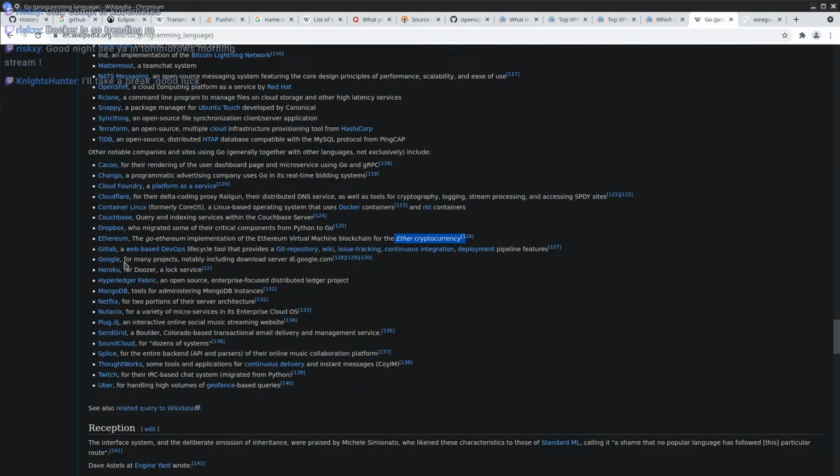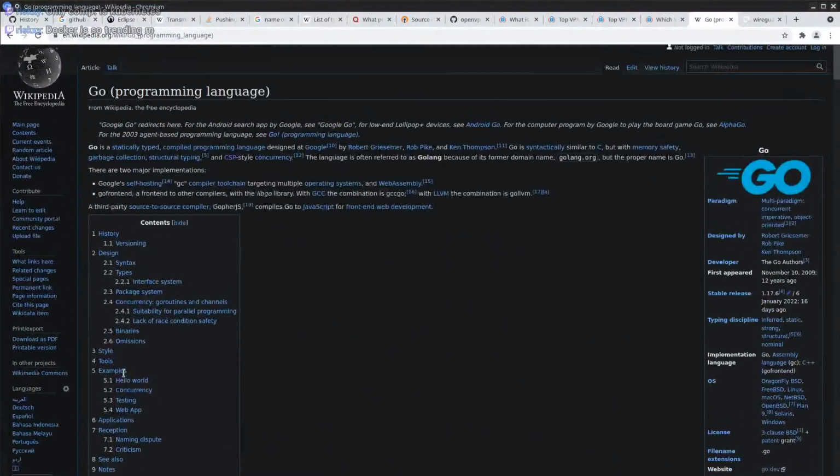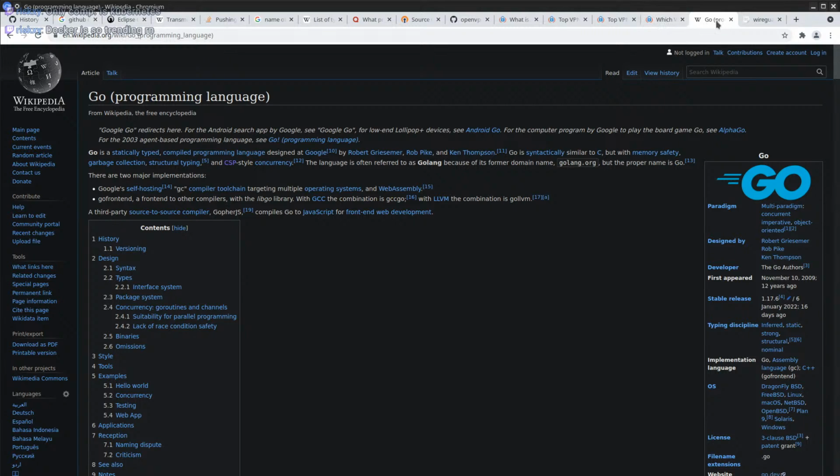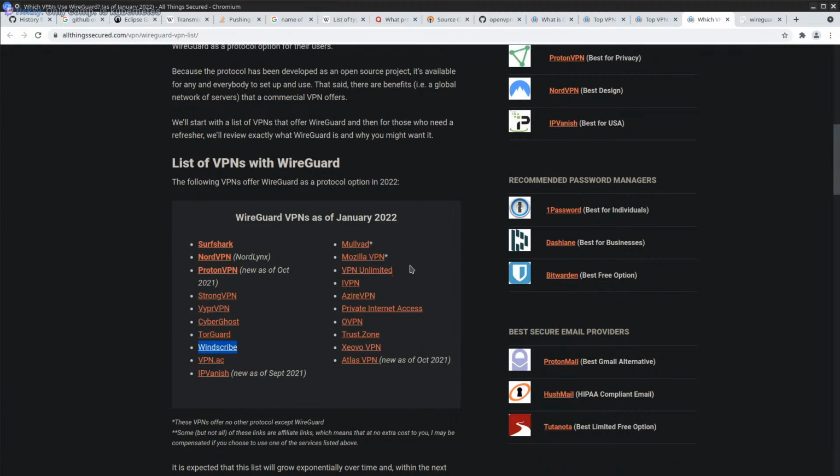Oh, well, I guess it's Google Go, so they made the language for themselves. dl.google.com. Oh, DL. Download server. Okay. Interesting. Right. WireGuard is also written in Go. Well, some parts of it at least.